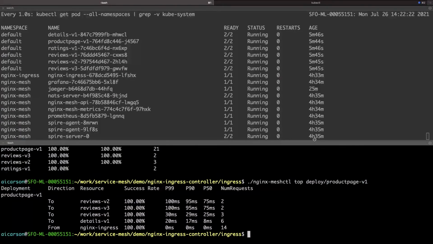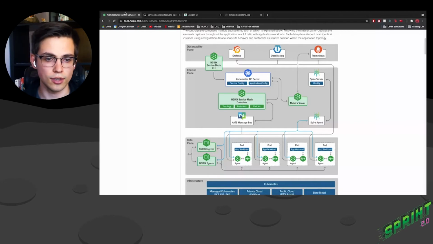We've encrypted incoming traffic, and just through deploying NGINX Service Mesh, we've gotten encryption and authentication essentially for free. So those are taken care of. What we don't have is authorization. So this authorization piece, I want to talk a little bit about that. I'll hop back to this architecture slide.